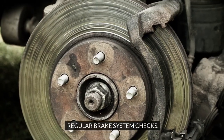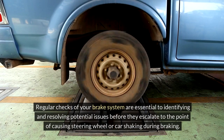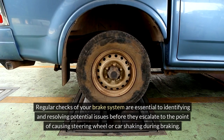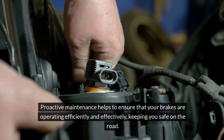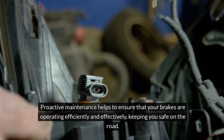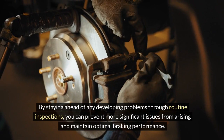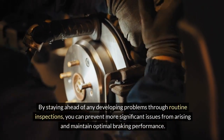Regular brake system checks. Regular checks of your brake system are essential to identifying and resolving potential issues before they escalate to the point of causing steering wheel or car shaking during braking. Proactive maintenance helps to ensure that your brakes are operating efficiently and effectively, keeping you safe on the road. By staying ahead of any developing problems through routine inspections, you can prevent more significant issues from arising and maintain